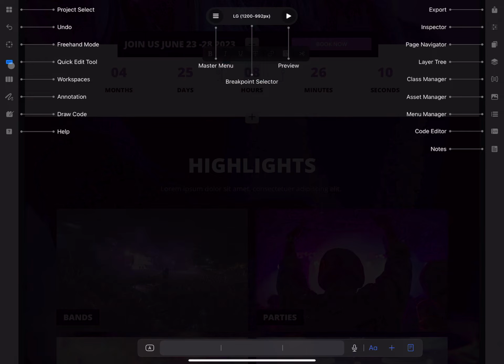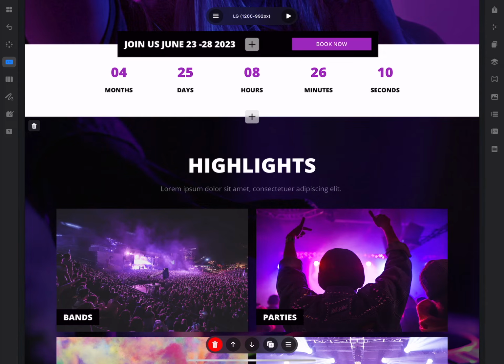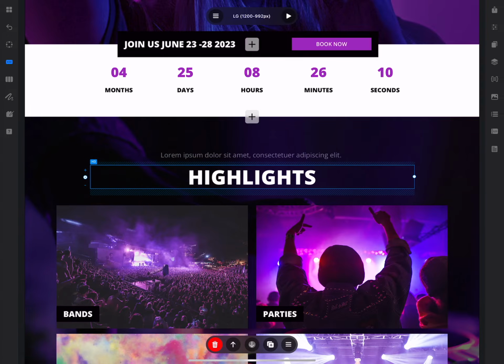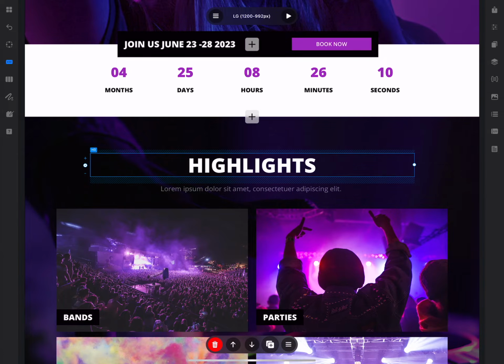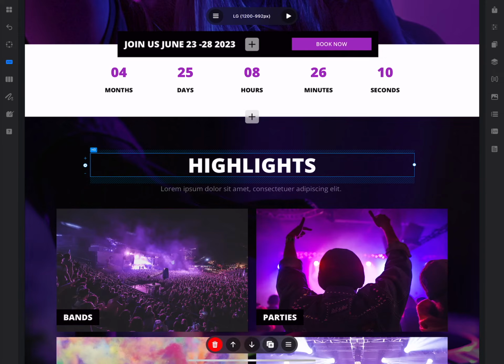Next, we have the quick edit tool, and this is the only tool enabled by default. You can see it in the bottom of the screen if you click on any element on our working canvas. And here we have 5 icons which allow us to select any element, move it up or down, duplicate it, delete it, or the last icon is actually the contextual menu, which will be changing depending on what